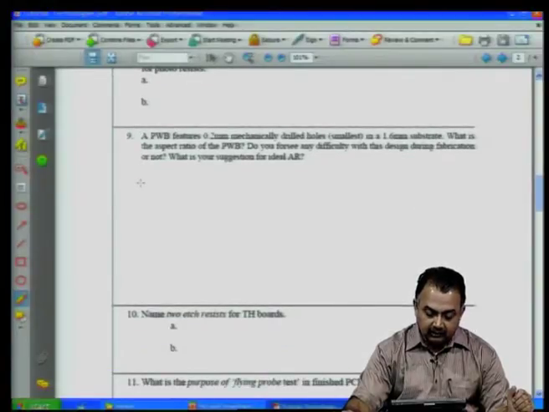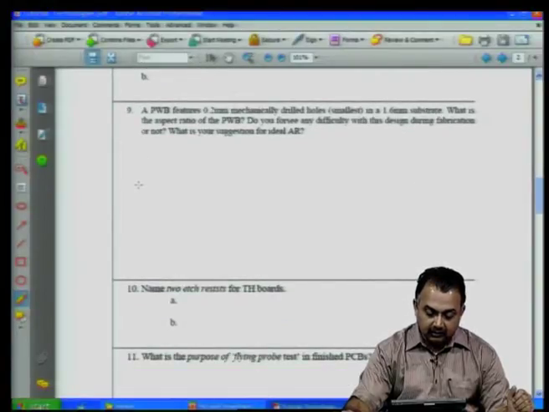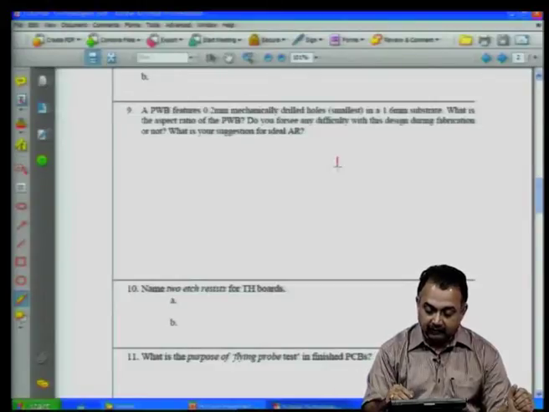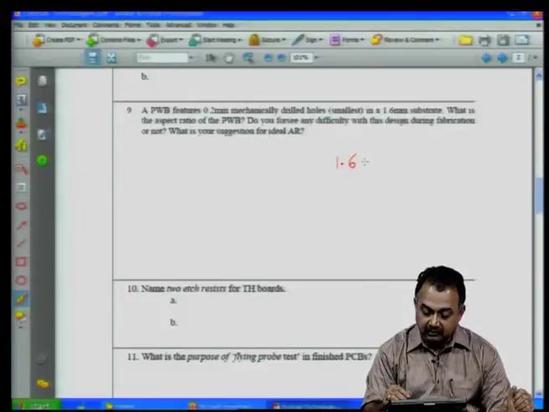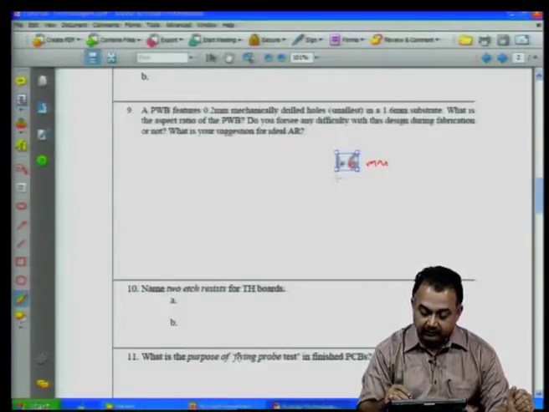Now, here there is a question about the aspect ratio. A PWB features 0.2 mm mechanically drilled holes in a 1.6 mm substrate. What is the aspect ratio of the PWB? I think we have discussed this in detail. So, 1.6 mm is the thickness and the drill size is 0.2 mm. So, the aspect ratio is